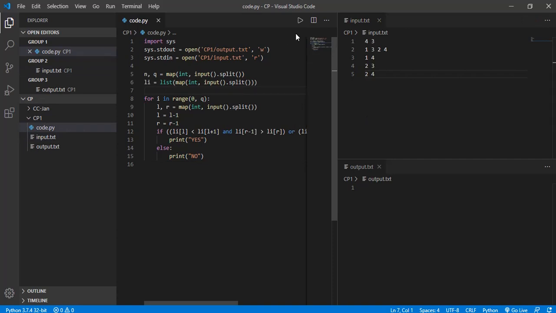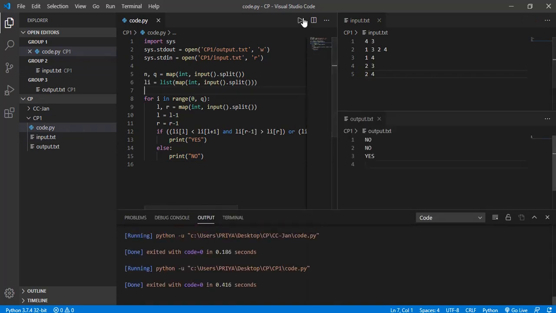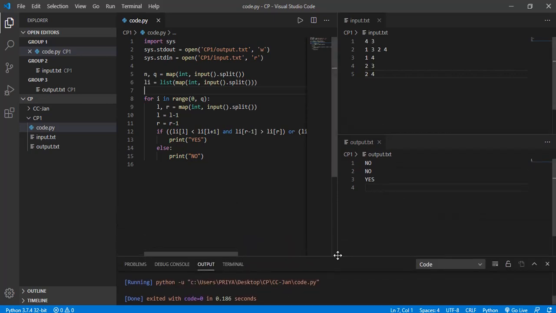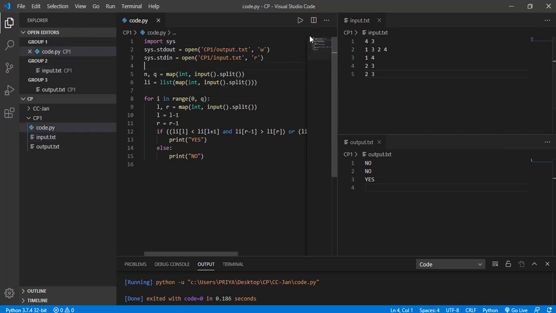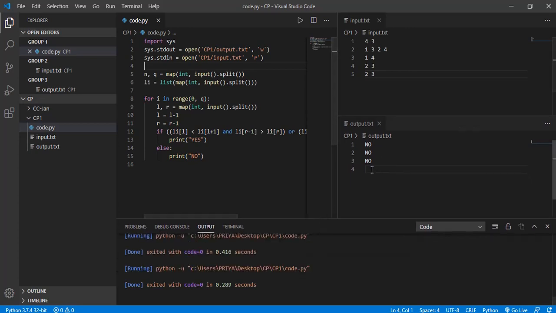The next step is just simply run it. So this is how it's going to look. You'll see your errors here, and it'll take input from here and put the output here. Suppose I want to change anything, let's say this. Make sure you save it and run your code from here. So this changes. This is the best setup, I think.